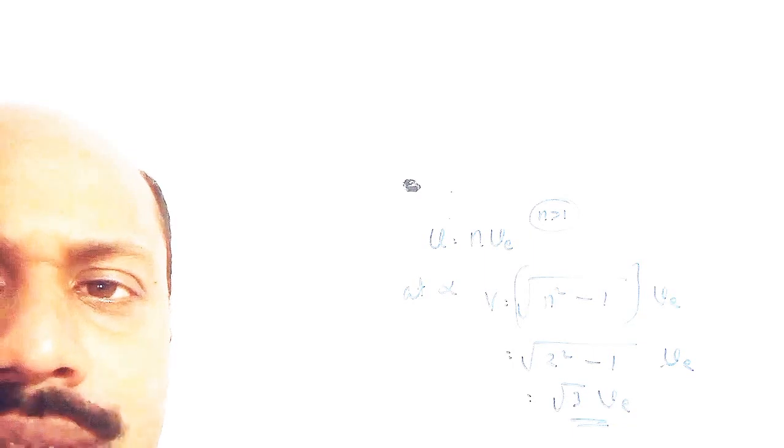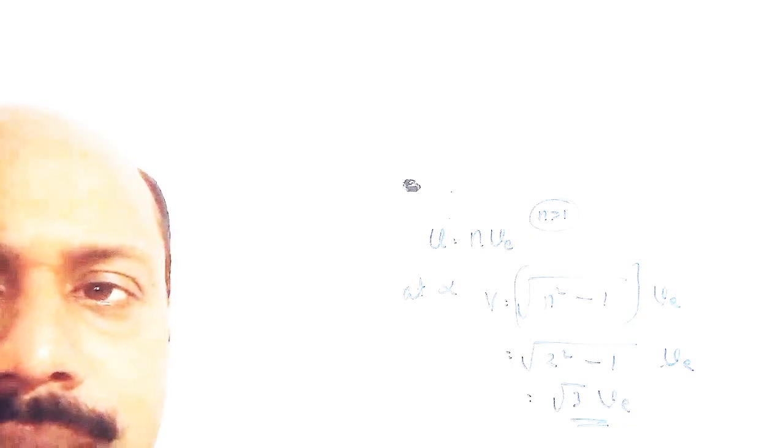Now 19th question. Blood flowing at the rate of 200 centimeter cube per second in a capillary of cross-section area 0.5 centimeter square. The velocity of flow in millimeter per second is, right. Volume per second. What is the equation for volume per second? We know the equation of continuity, A1 V1 is equal to A2 V2. AV is the volume per second.